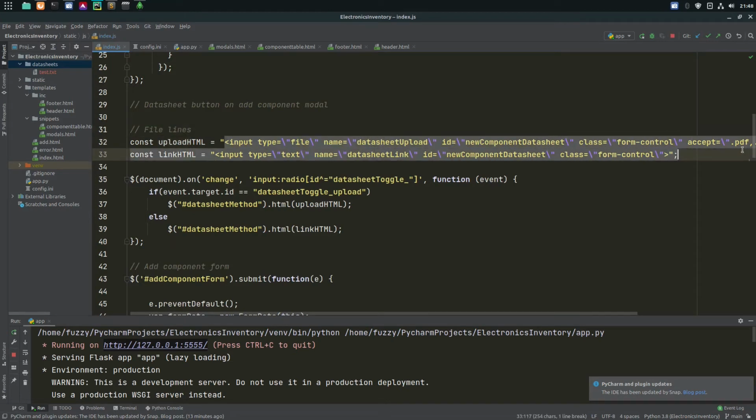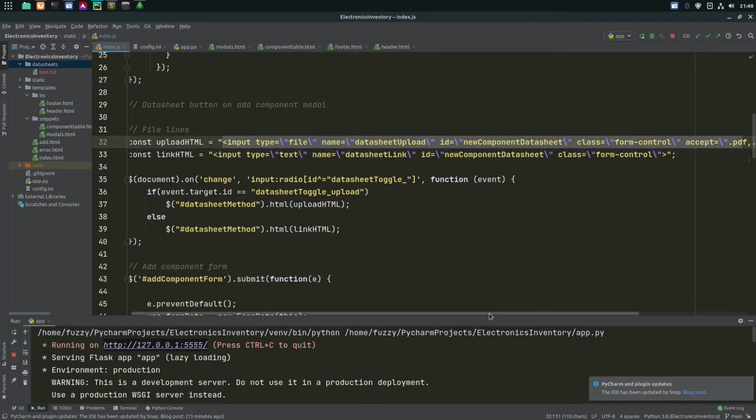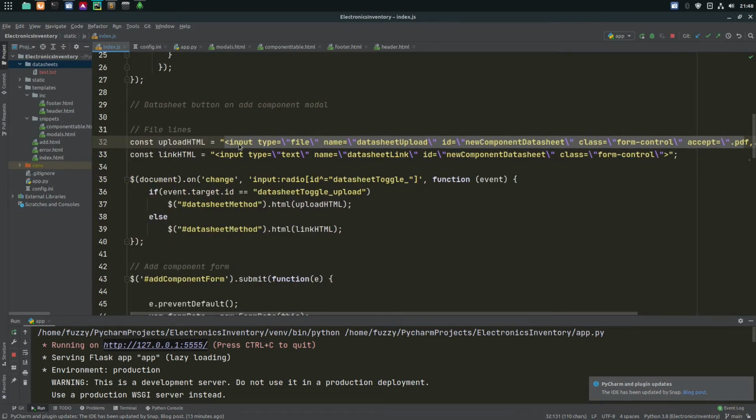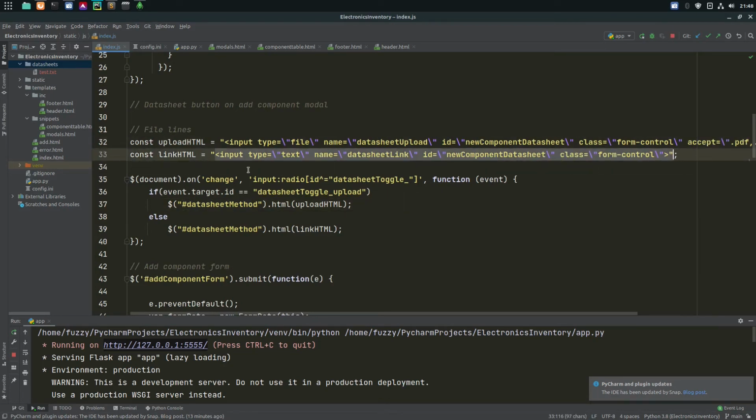If it's going to be a file you're going to be uploading, it will put this in place of that span that we see earlier. If it's going to be a link, it will put this there instead, which is the default one. And this basically says when this input with a name of datasheet toggle underscore has changed, so when it's been clicked on,